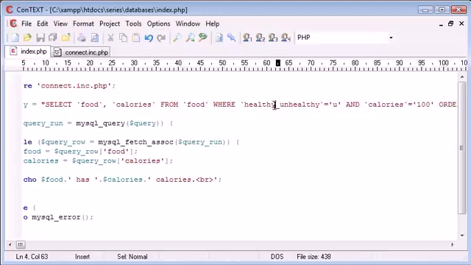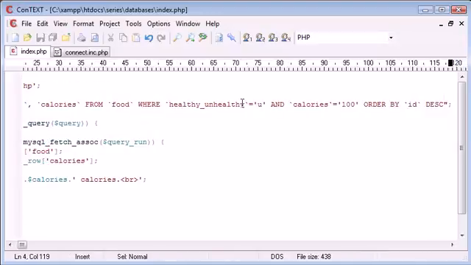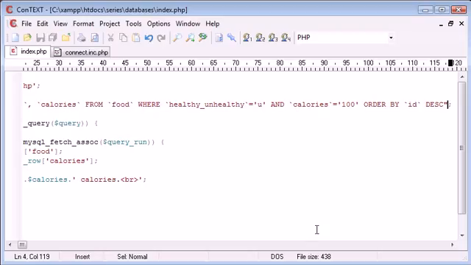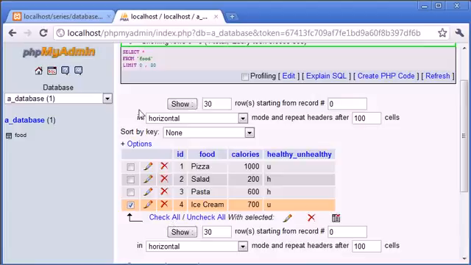So what we're doing now in our query is we're selecting where the food is unhealthy and the calories are equal to 100. Now if you look in our table, let's look at the unhealthy. So we've got unhealthy pizza, which is 1000. We've got unhealthy ice cream, which is 700. No record exists where the value is U for unhealthy and the calories match 100. So what's going to happen is when we refresh our page,